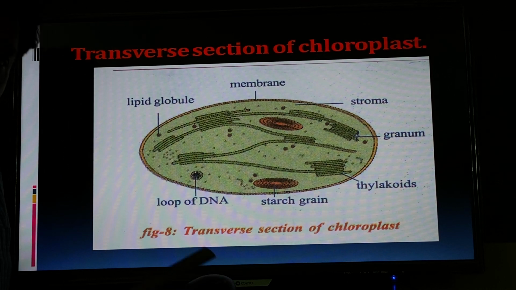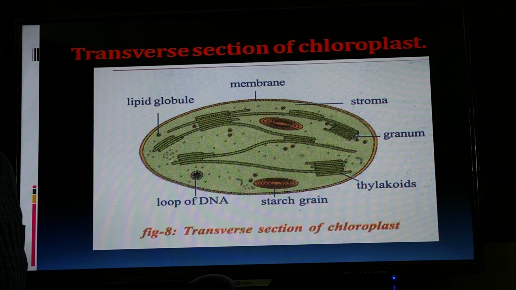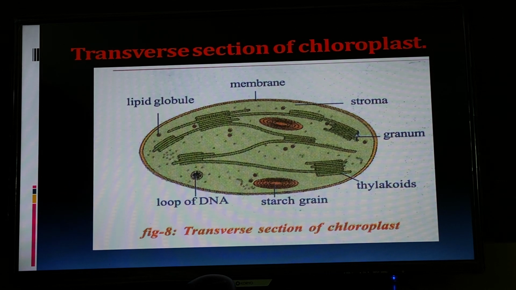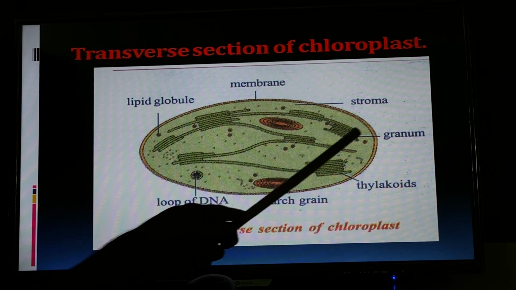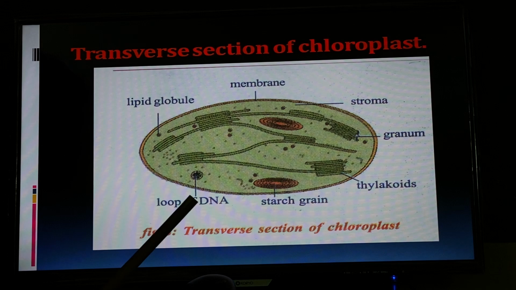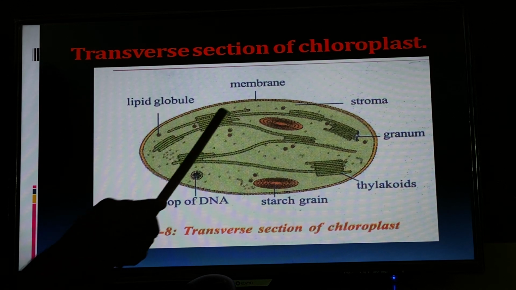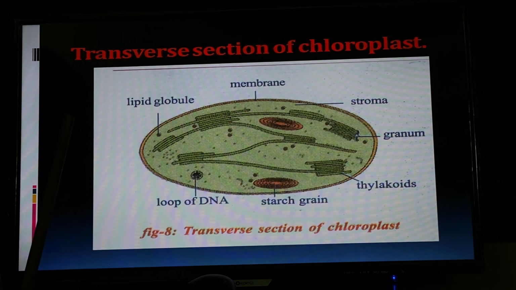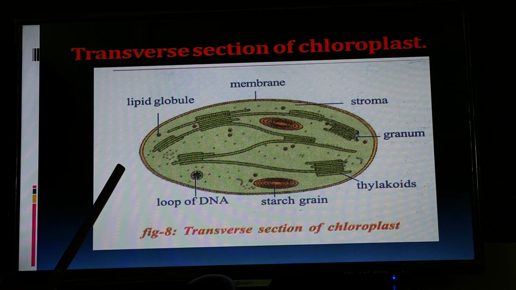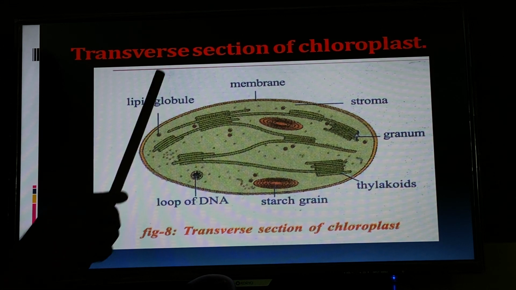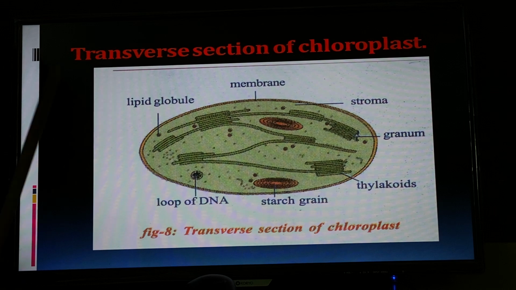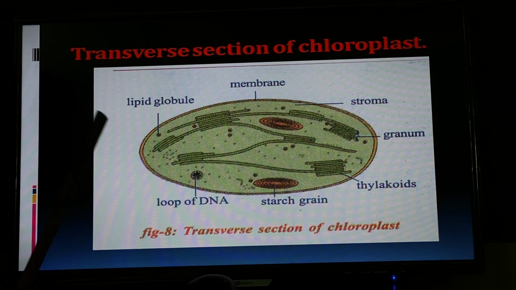Along with chlorophyll, other pigments like xanthophyll and carotene are present in grana and helpful for photosynthesis. No doubt, chlorophyll is the major pigment helpful for photosynthesis. Along with chlorophyll, keep in mind xanthophyll, yellow in color, and carotene, orange in color, are also present in granum and helpful for photosynthesis. So, this is the structure of chloroplast. This is very important from the exam point of view. This question will come for 4 marks in your public examinations.